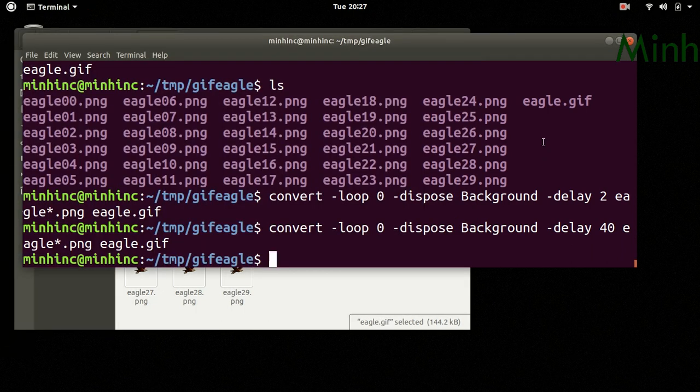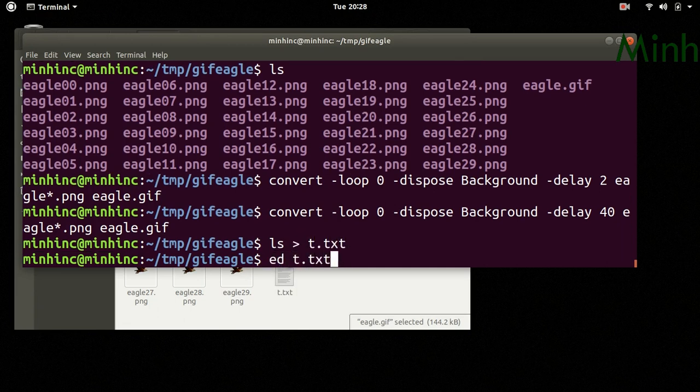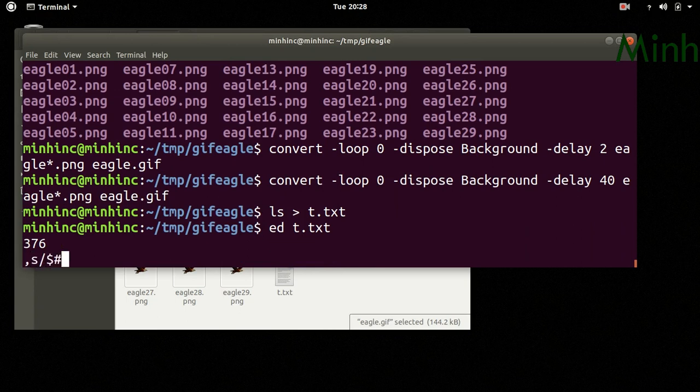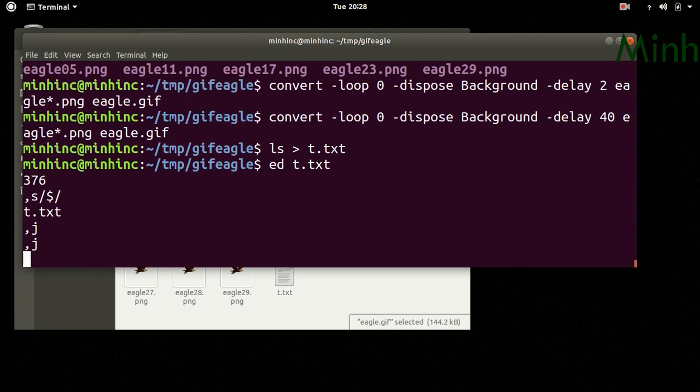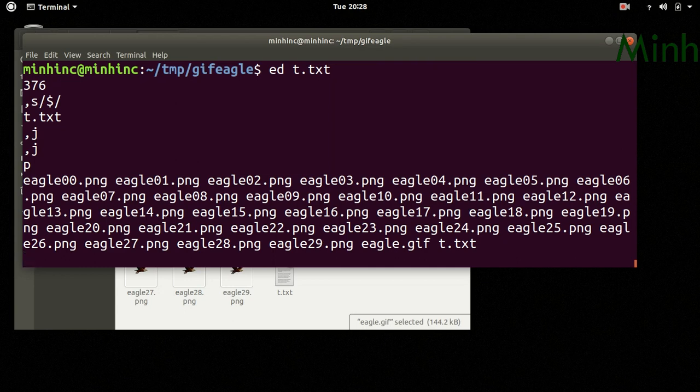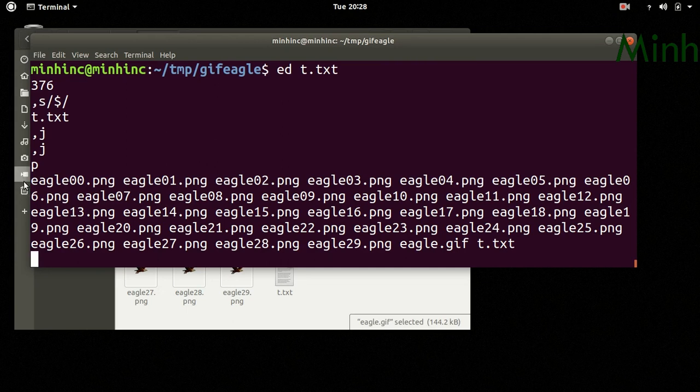This is similar to, I'll just place it to text. So we have all files.